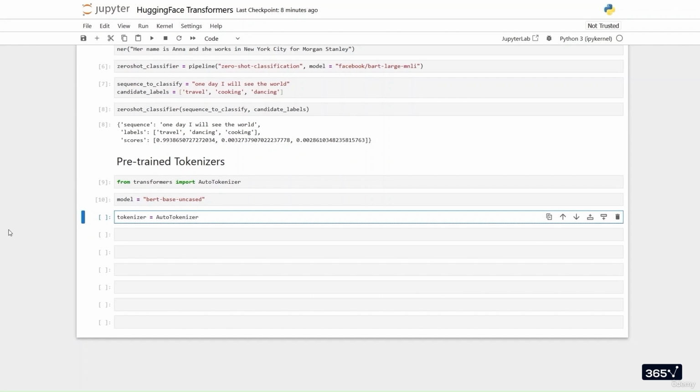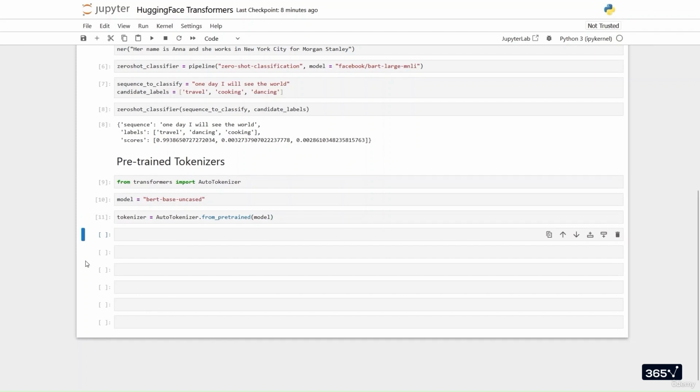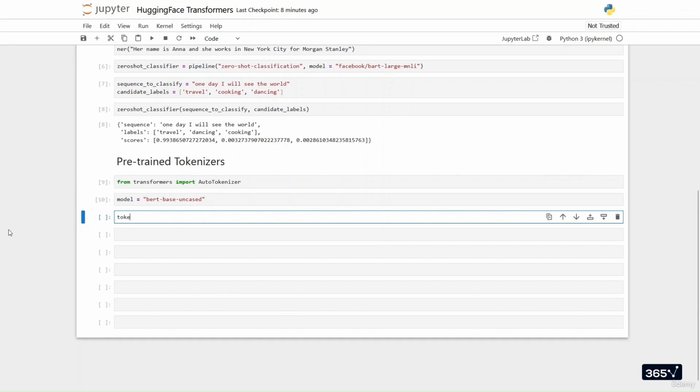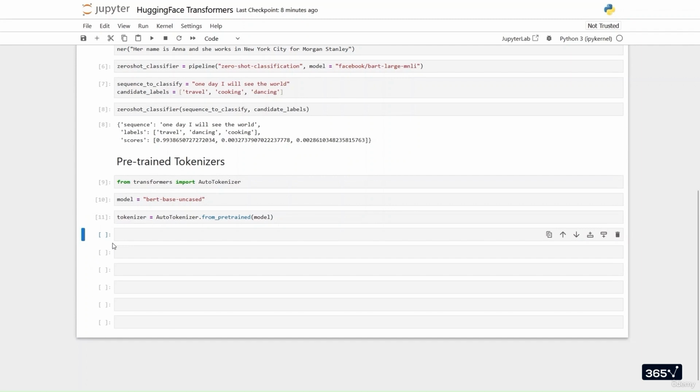So we're going to be specifying our model, and we'll be using BERT base uncased. We'll cover more of this model in detail in the next section of this course. We then want to call the pre-trained tokenizer for this model. So we create our tokenizer and then use AutoTokenizer.from_pretrained and our model. Let's see how this tokenizer works by running it over a sentence. We'll take again the sentence,